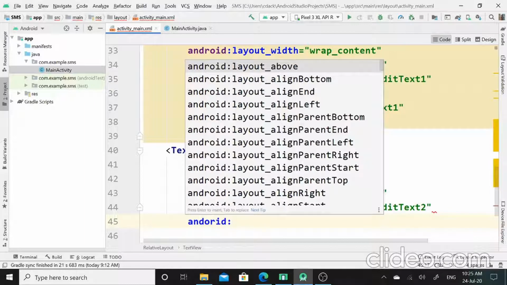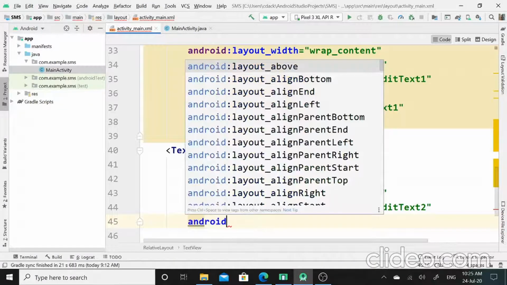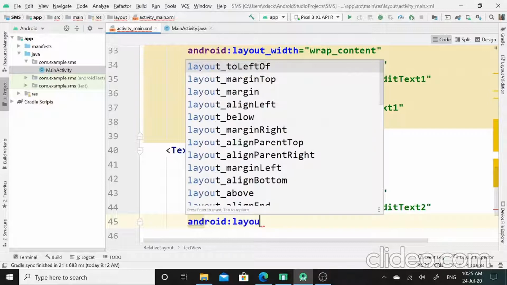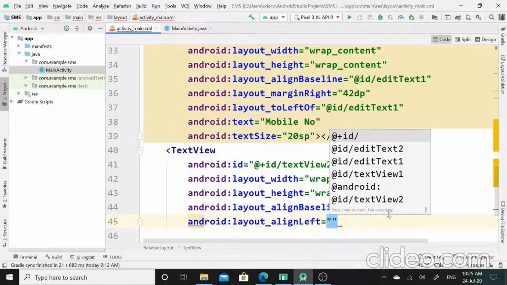Next property I will set is layout underscore align left. Here I will set the ID of text view 1.